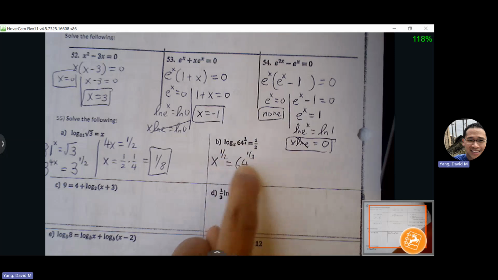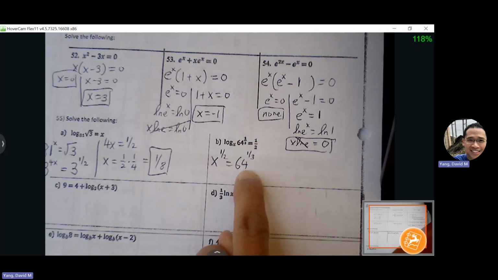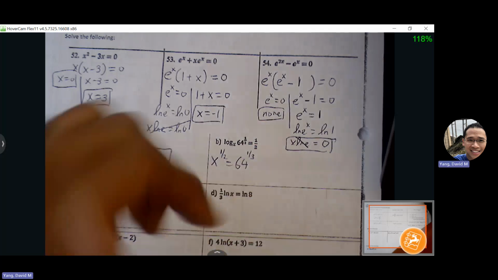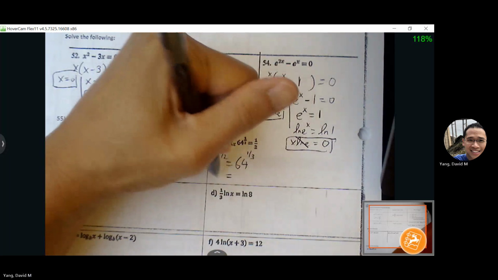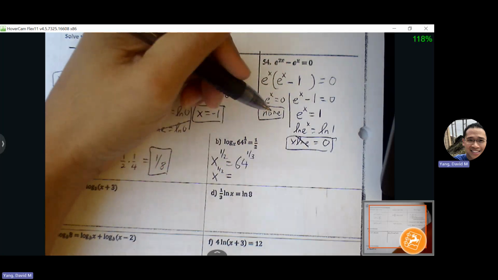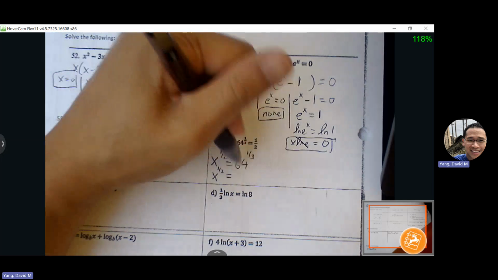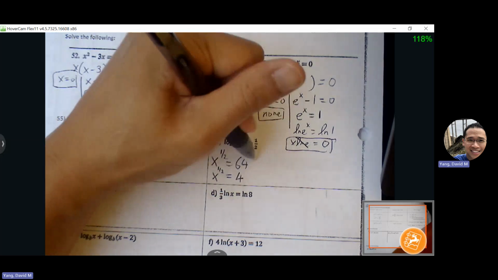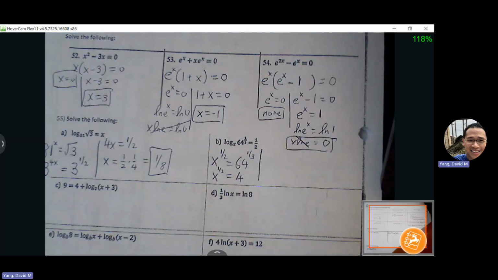Okay. Now this, we can actually work it down to a number here. 64 to the 1/3 is the same thing as cube root of 64. Anyone know what the cube root of 64 is? Yeah. 3 of the same numbers that can multiply by each other to get to 64 is 4, right? 4 times 4 times 4 is 64. So cube root of 64 is 4. So now I have x to the 1/2 is equal to